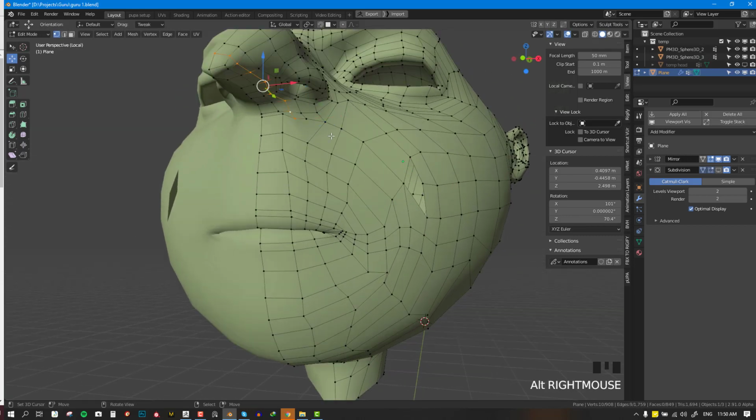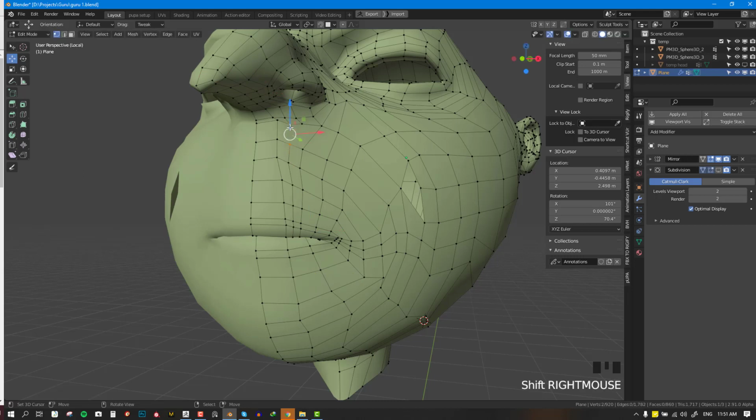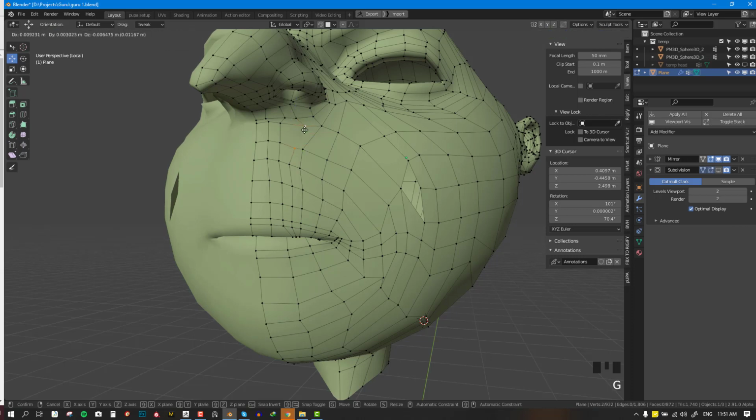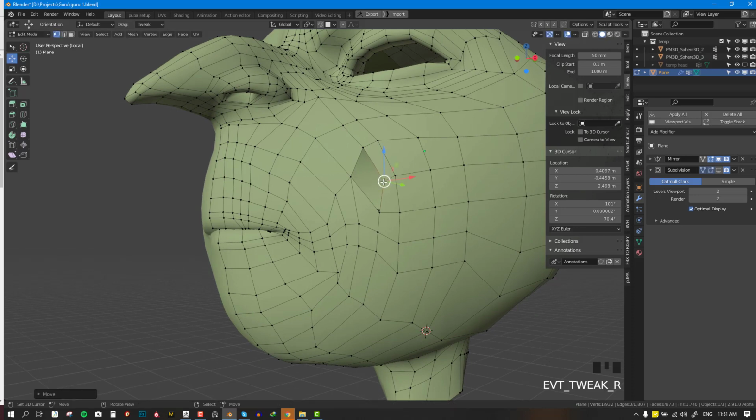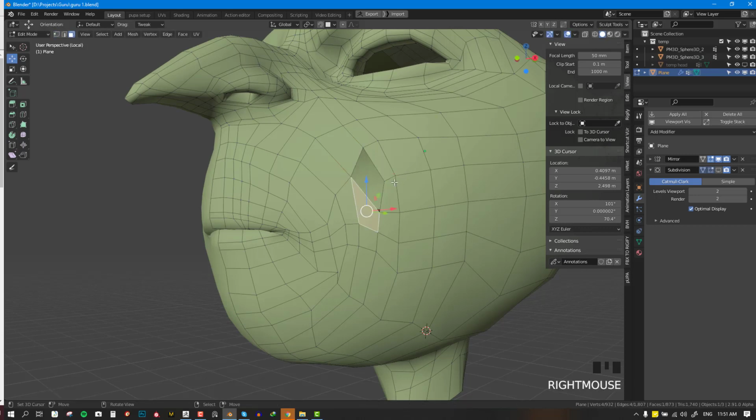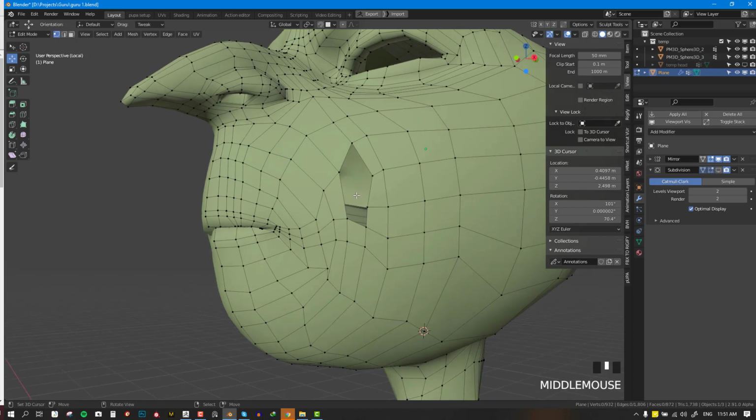Probably need to add more edge loops here. And move this. Same here, move this. Just to kind of fix those problematic edge loops that are going to probably create problems in the future. And let's combine this or not. So for this, at this point you can probably go, if you've gotten everything you've needed, you can move on